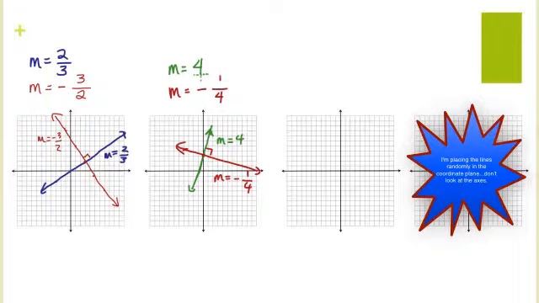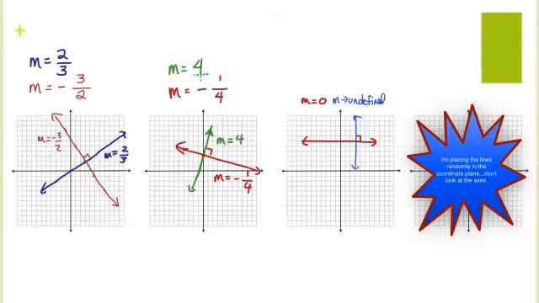So what if I have a line like this? Well, what's the slope of that line? It's 0. I can't make it negative. What line is perpendicular to that? A vertical line. So undefined, or vertical lines, and slopes of 0, horizontal lines, should be the easiest to think of as perpendicular, but